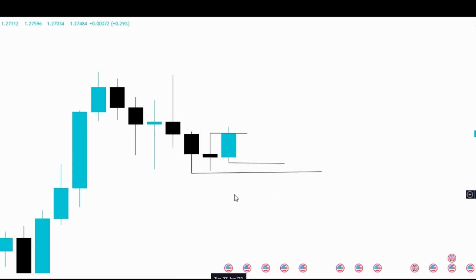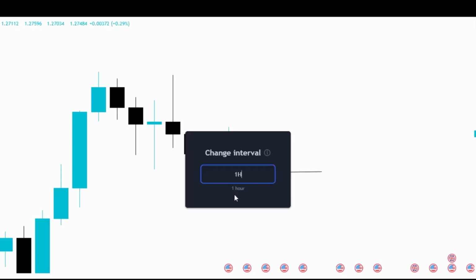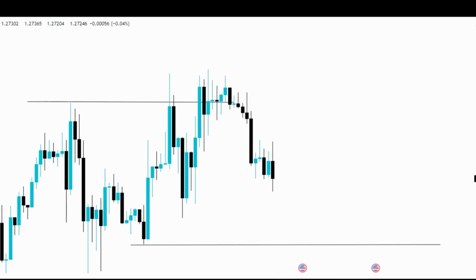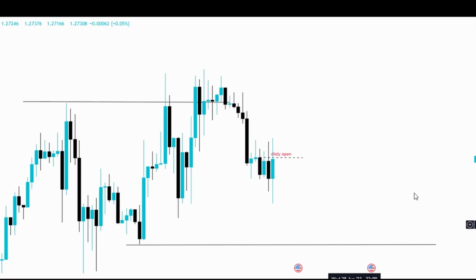So going down to the 1 hour, here we are on the hourly time frame, and you can also mark out your midnight open, marking that out, and we have our daily open marked out. Let's play towards the London open and see what we get. We see that towards the London open we have a stop trade right here towards this fair value gap,